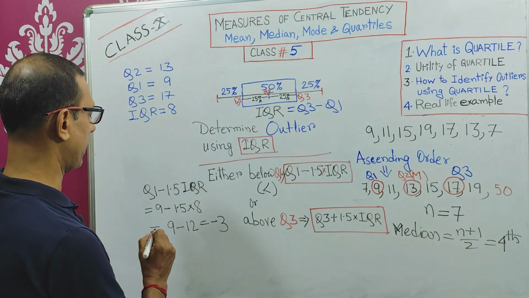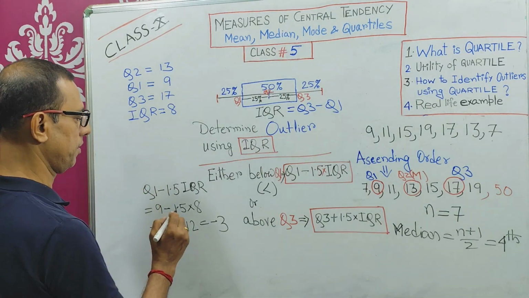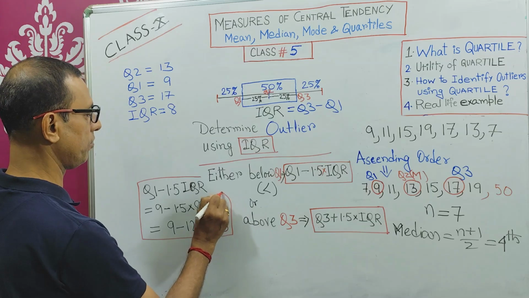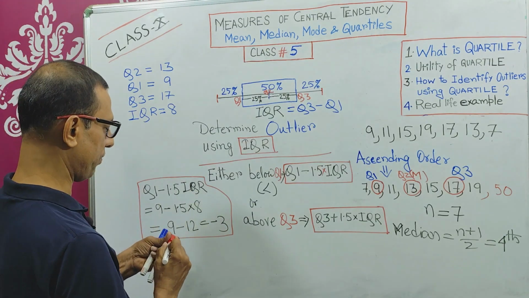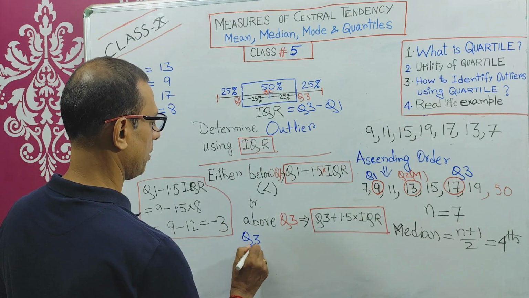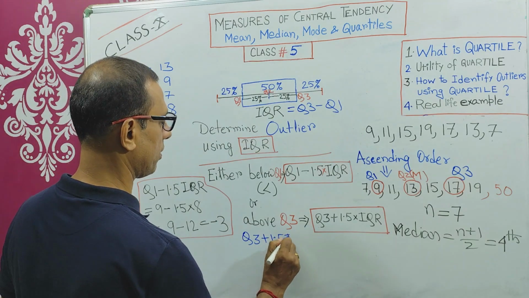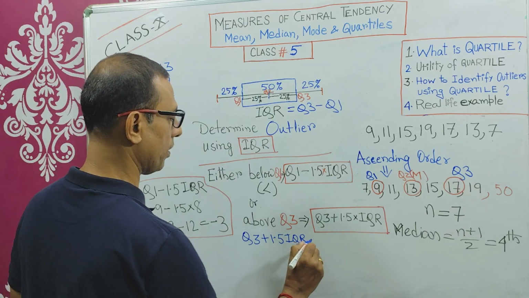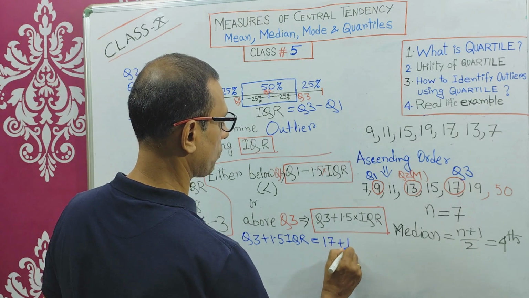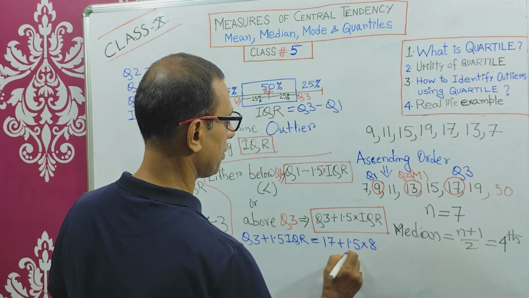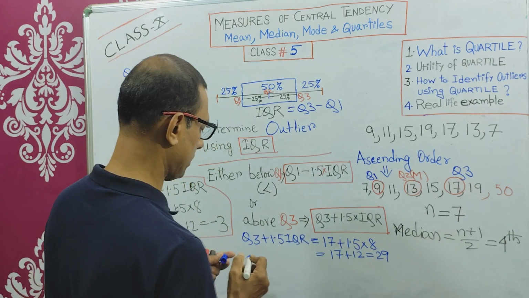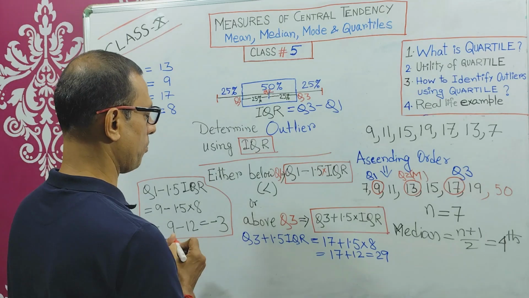And another value is, so this is one borderline value for outlier, and another borderline value is Q3 plus 1.5 IQR, that is equals to, what is the value of Q3? 17. 17 plus 1.5 into 8, that is 17 plus 12, that is equals to 29. This is another borderline value